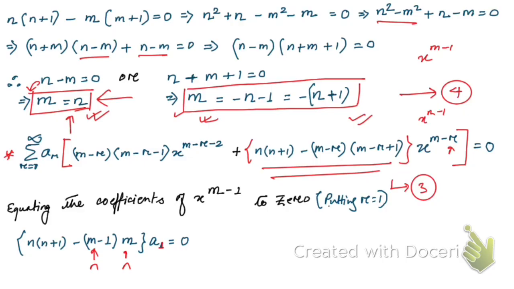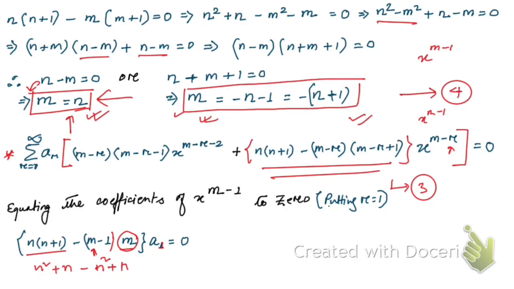If you don't get, I think if you solve it, then you will not get 0. Okay, let me show you how. So if you see, this one will be n square plus n, then minus, here we have to break it. Okay, so then you see, if you put m is equal to n, then if you open the bracket, this minus is going to be plus, minus minus plus 1. Then if you multiply it by, again if you replace this by n, then it will be n square into